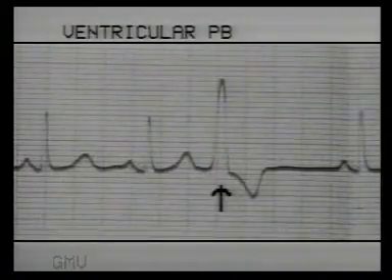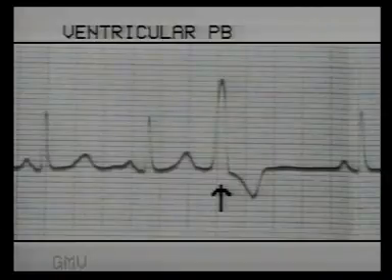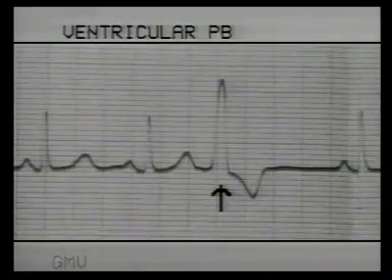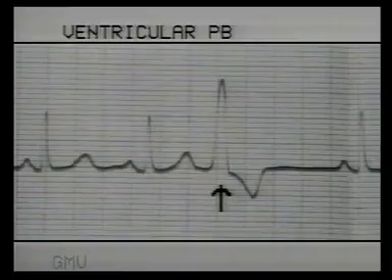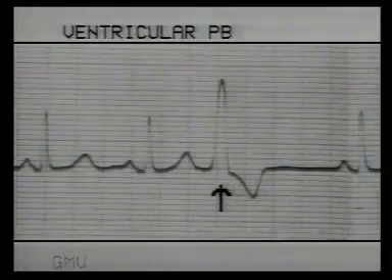This ECG shows a ventricular premature beat with no P wave, wide QRS complex and inverted T wave. The RR interval is 18.5 small squares. The RR interval between the second and fourth beats is 37 small squares. That is, the compensatory pause is complete. This is because it does not affect the SA node.